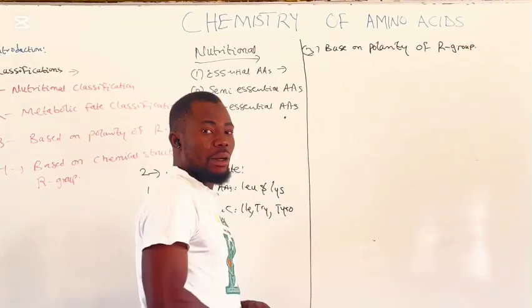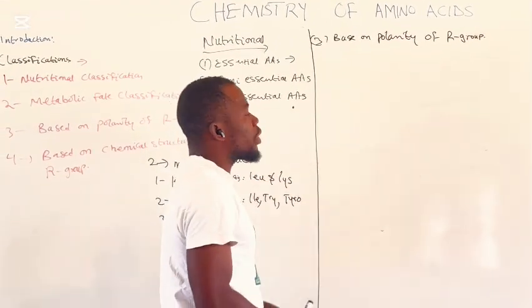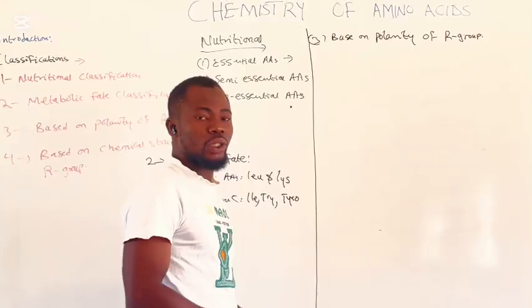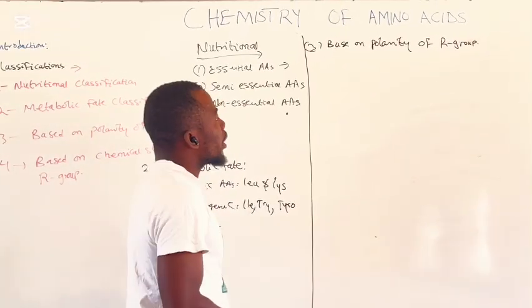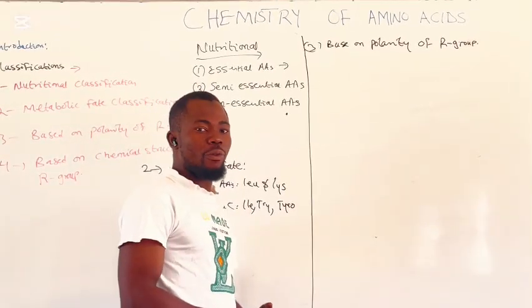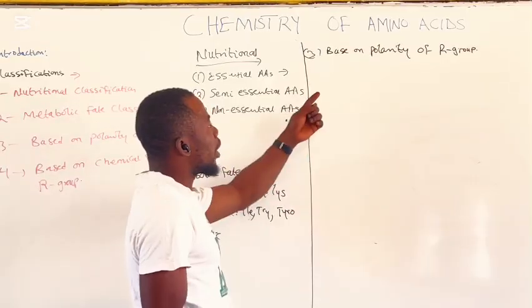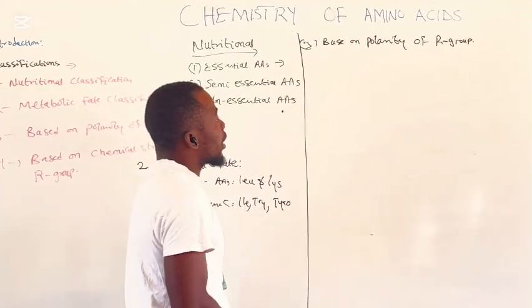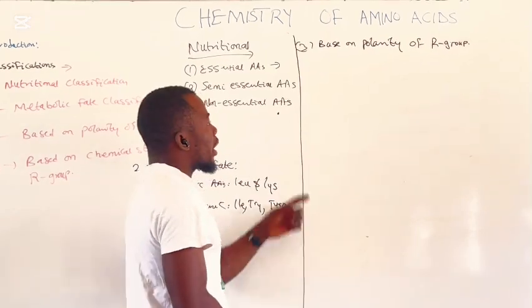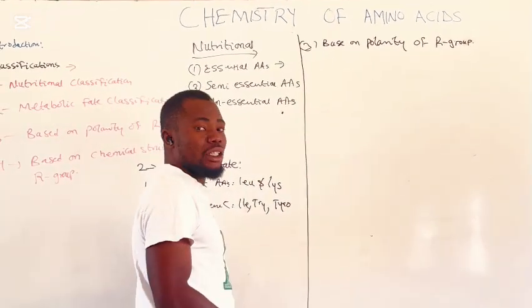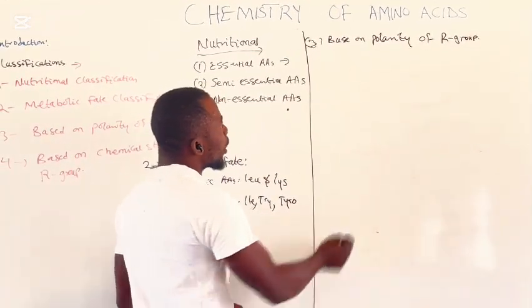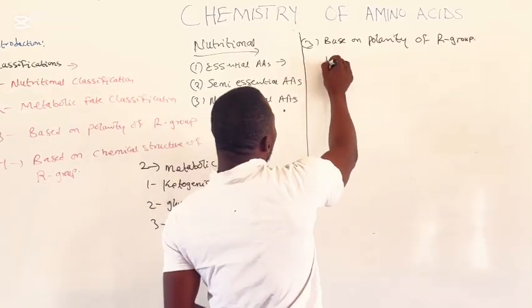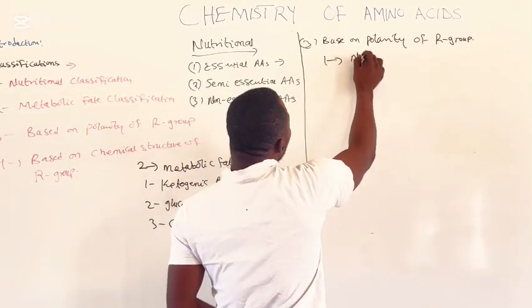Now, classification of the amino acid based on the polarity of the R group depends on whether the amino acid will react with water or not. Those that are non-polar are hydrophobic, and those that are polar are hydrophilic. Hydrophobic means water-fearing and not soluble in water, while hydrophilic means water-loving and soluble in water. So based on the polarity, amino acids are further classified into non-polar